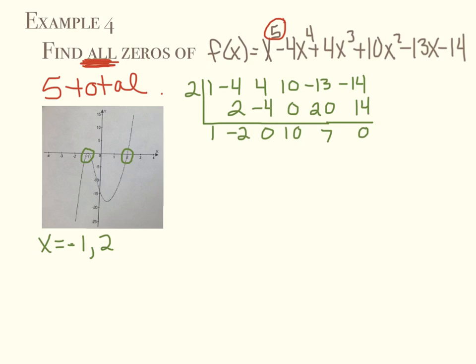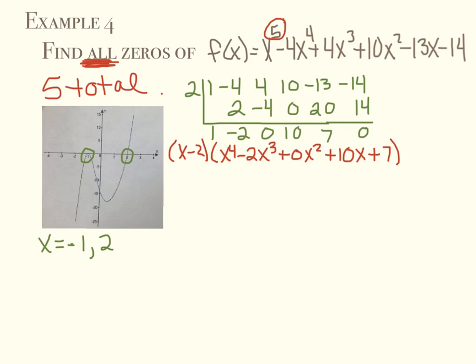It also tells me that our polynomial factors to x minus 2. And then we always go down a power, so 1x to the fourth minus 2x to the third plus 0x squared, I'm going to go ahead and write it, plus 10x plus 7. But that's not fully factored, and that doesn't give us all the zeros. So we really can't factor this any further by hand, so let's go ahead and use the next one